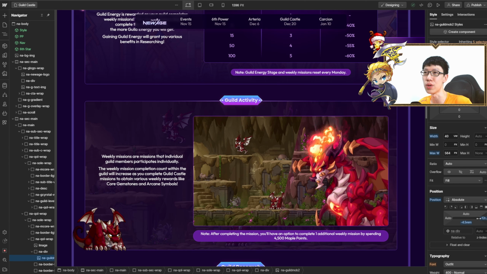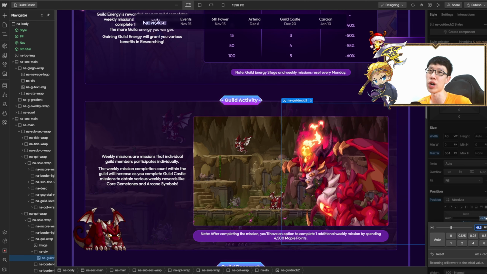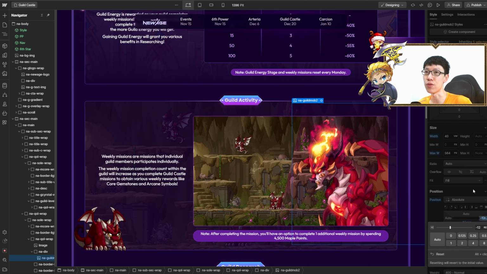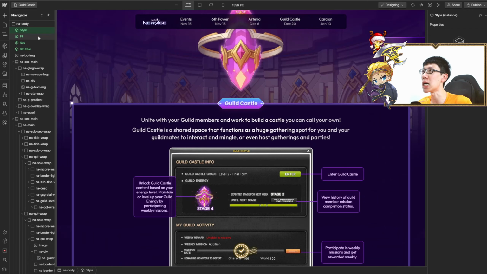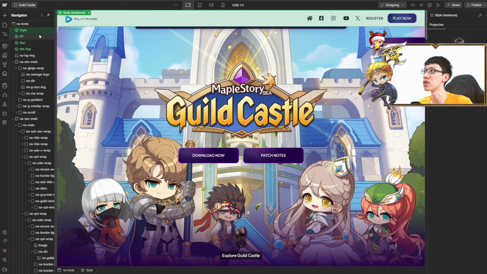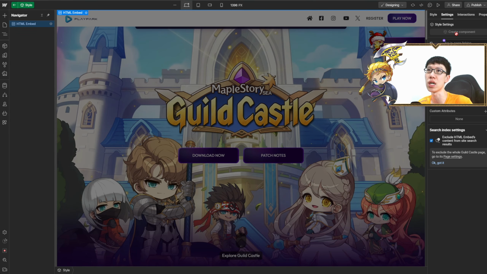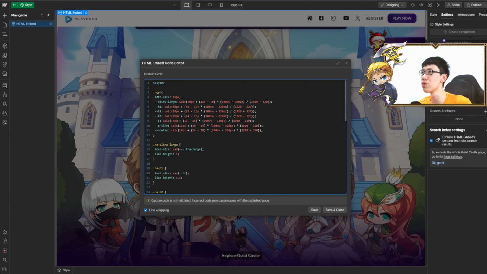I can actually do left, right over here, and I use REM as the value instead of pixels, because REM is actually very easy to use. REM goes up to your main style. I have a root size of 16 pixels, so REM goes up to the root. If you use EM, it goes to the class itself, the class container. But if you use REM, it goes to the root, 16 pixels.